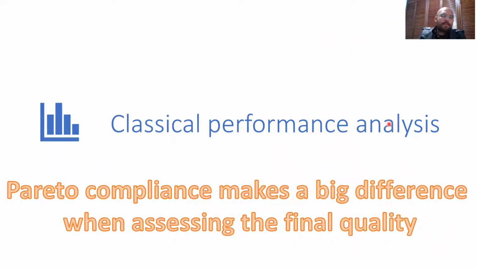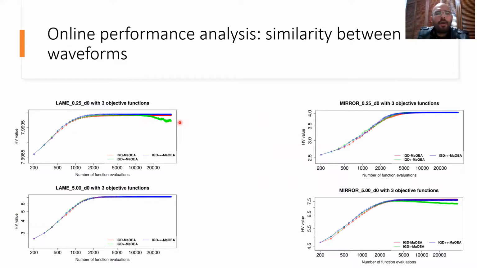So the classical performance analysis is concluding that Pareto compliance makes a big difference when assessing the final quality of Pareto form approximations, but we have an insight that that's not true. So we have here the online performance analysis, that is the similarity between waveforms. So we measure the hypervolume quality of the population all along the evolutionary process, and we define these convergence graphs, these hypervolume-based convergence graphs, and